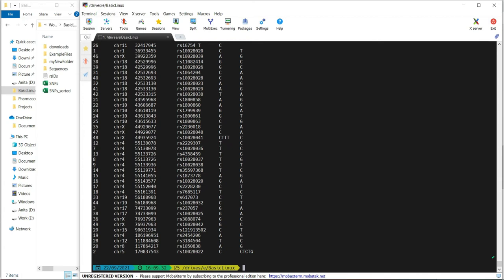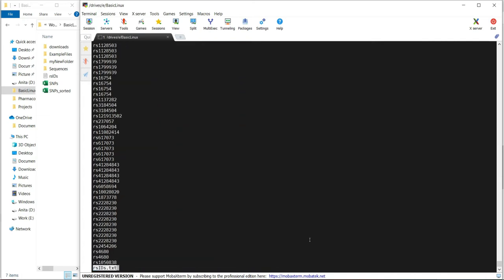Many times we need to sort on the basis of alphanumeric fields. In such a case, only -n will not work because it will consider it as text. But we want the command prompt to consider its numeric part only while sorting. In this case, we need to tell the command prompt the position from where to start sorting. For this I have an example file which has a list of RSIDs only. Let's see how this file looks. Press enter, and you will see it has a list of RSIDs only.